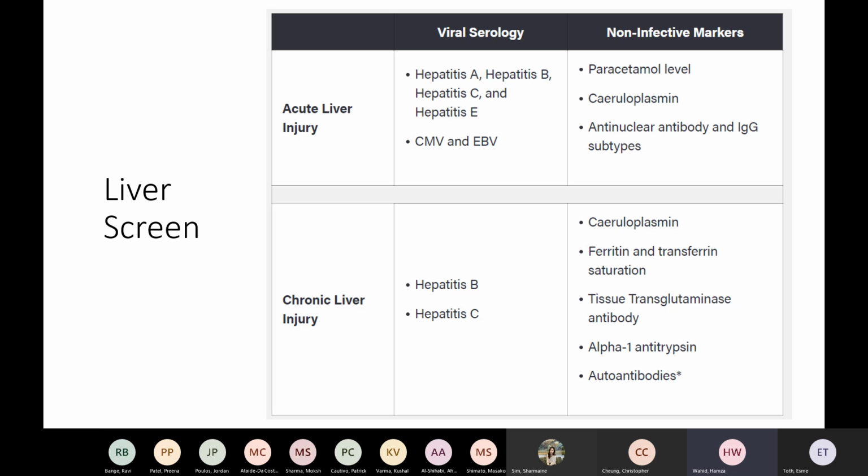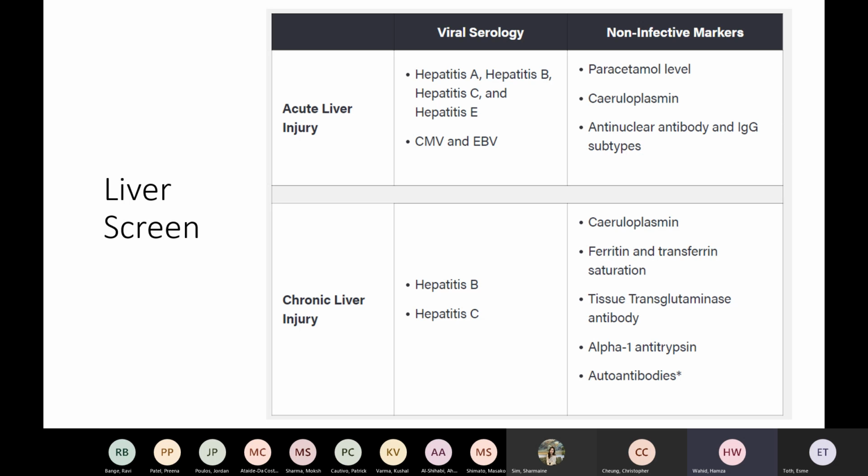Yep, exactly. I believe it's something like, if it's within a certain time frame, you give NAC, and if it's more than a certain time frame, you give activated charcoal. But I think, as Anush said, this is going to be something that they go over in its own right later. But yeah,